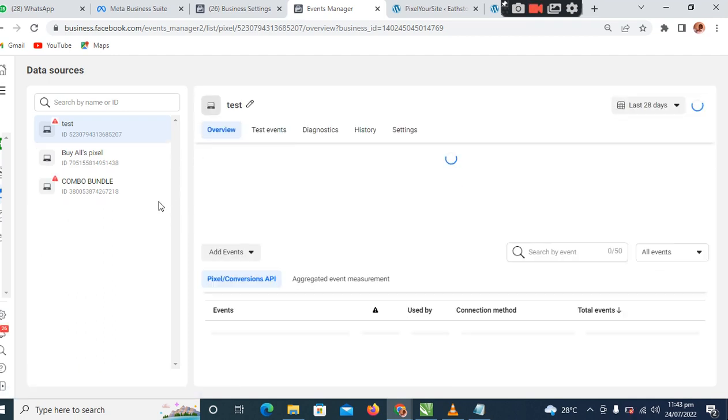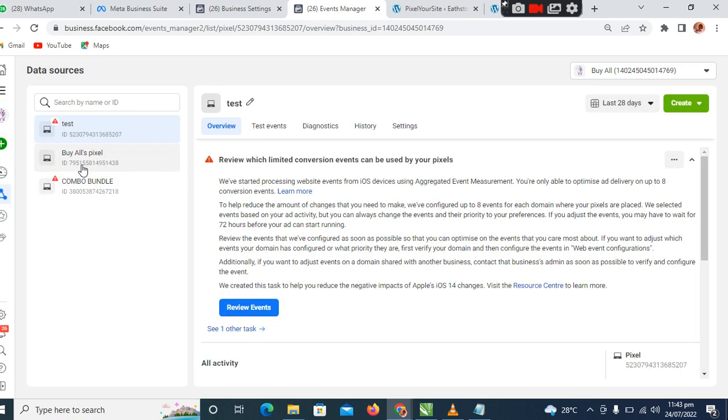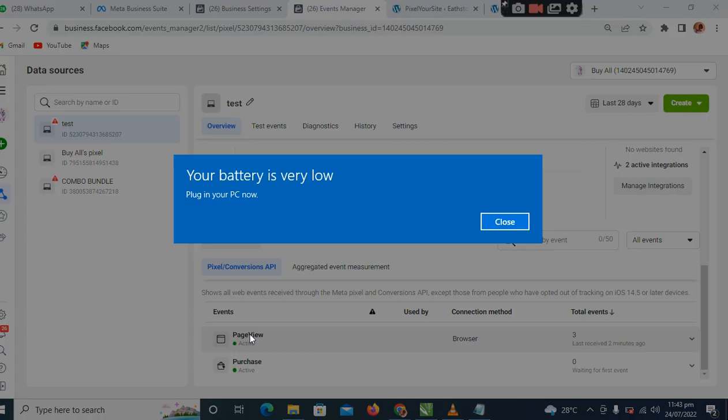So that is how to track your PZ. You can see this one doesn't have red again because this one has been fired very well. So it has recognized it. This one just received only one event. So you can see the record. It has registered that there is a purchase. It has registered that someone has visited the